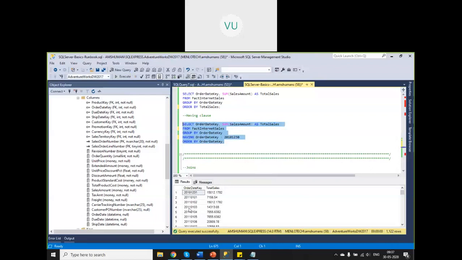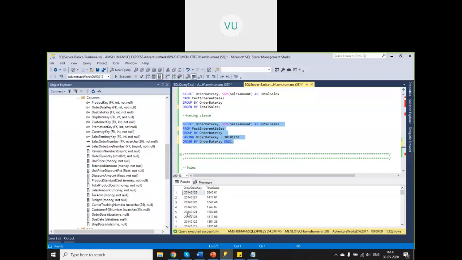Order by order date key, descending. Let us filter more and get an even smaller number, so I'll increase the value. Let us say I want to have only these 4 rows.